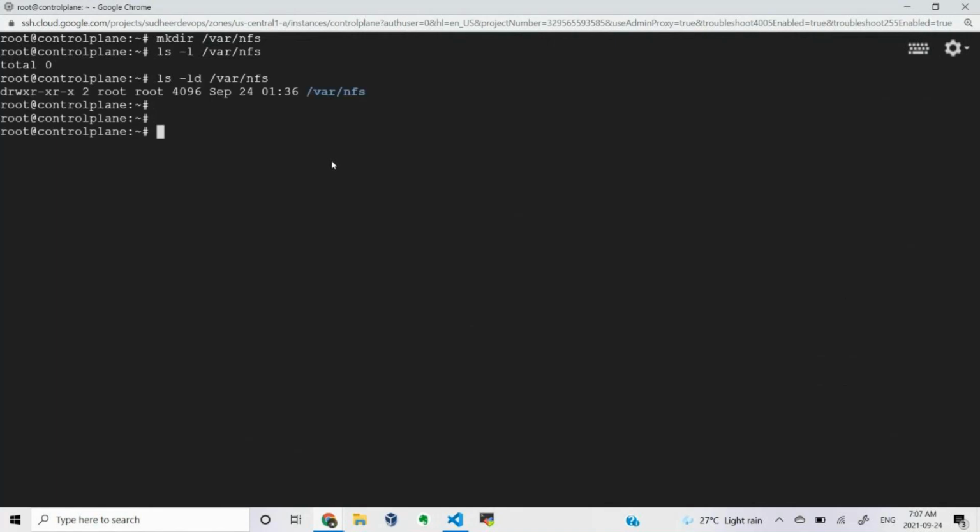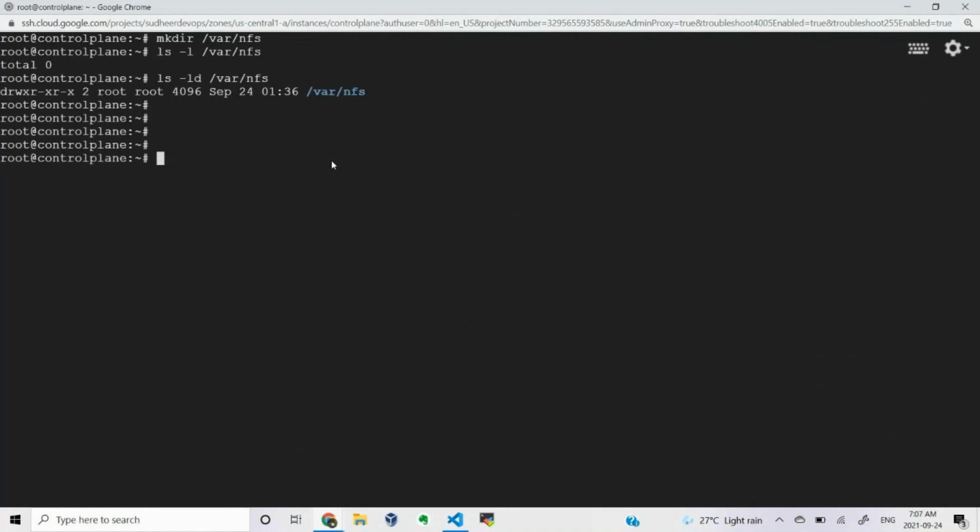So I am going to create one directory with mkdir, /var/nfs. This directory is owned by the root user. Different users may communicate with this directory and want to store information, so there should not be any permission issue. If the client is using the root user, that's fine.